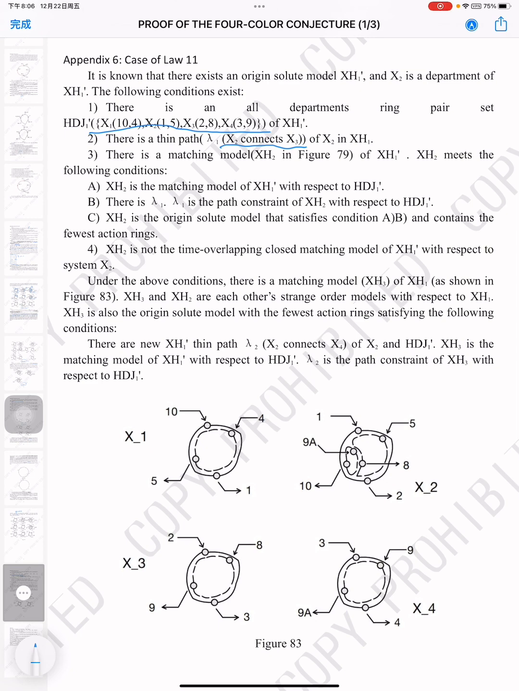A. XH2 is the matching model of XH1 apostrophe with respect to HDJ1 apostrophe. B. There is lambda 1. Lambda 1 is the path constraint of XH1 with respect to HDJ1 apostrophe. C. XH2 is the origin absolute model that satisfies condition A, B, and contains the fewest action rings. 4. XH2 is not the time overlapping closed matching model of XH1 apostrophe with respect to department